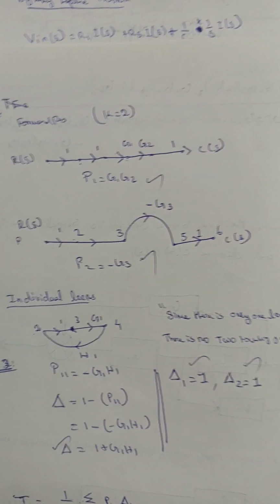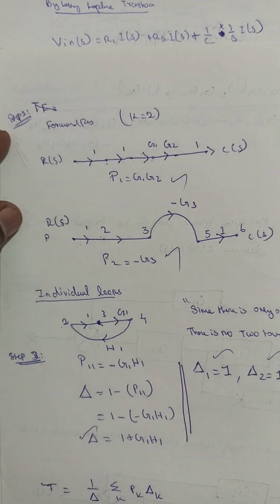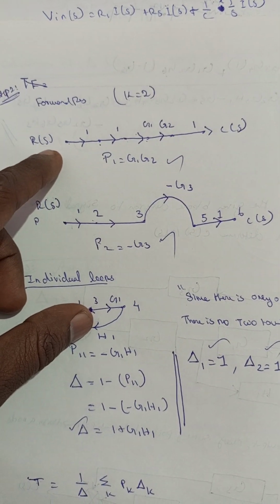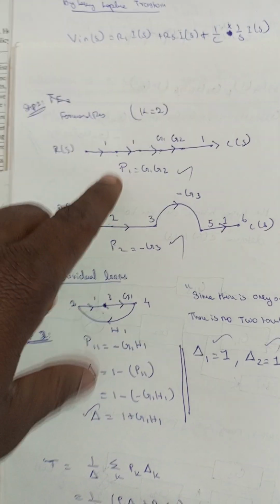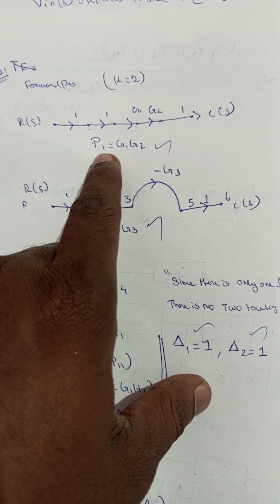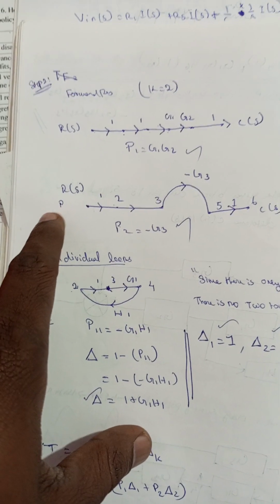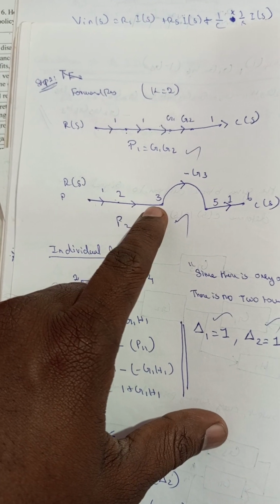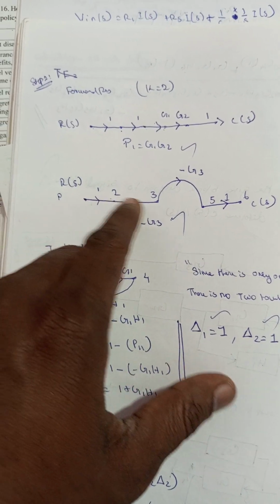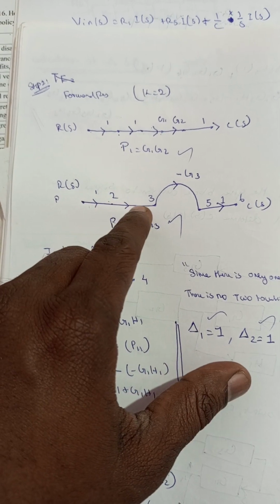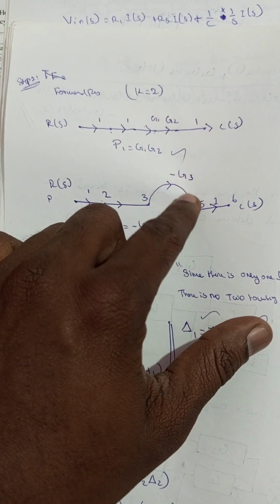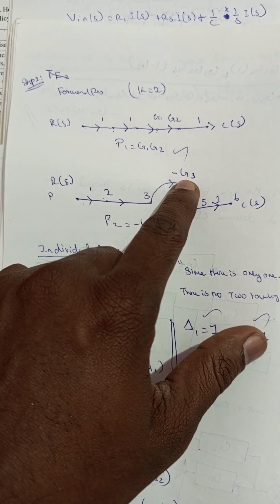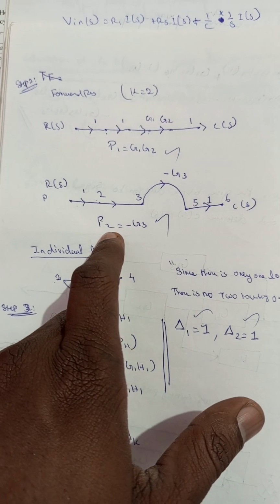So step 2 is we have to find the forward paths in the signal flow graph. So forward path from R(s) to C(s), we have two gains, that is P1 equal to G1 G2. Similarly, there's another forward path from R(s), and it goes through 1, 2, 3, and it goes above and reaches 5 and goes to the output. So in between there is a gain that we mark as P2, that is equal to minus G3,